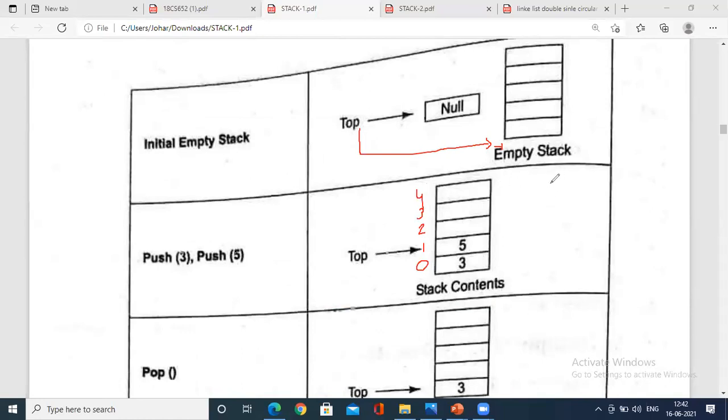The stack size has been mentioned at initialization. The maximum size of the stack is 5. Hence, when top equals stack size -1, we say that the stack is full. How do you identify the stack is full? You validate if top equals stack size -1. In that case, the stack is full, or else you can insert elements into the stack. Okay, that is one concept.